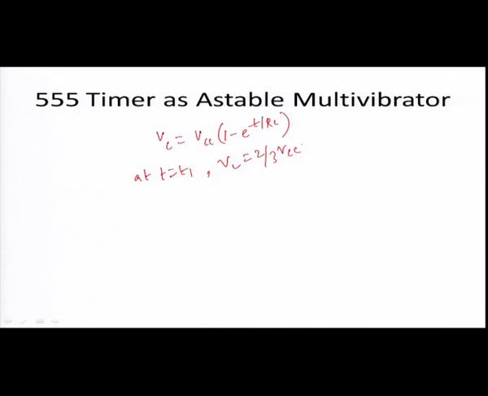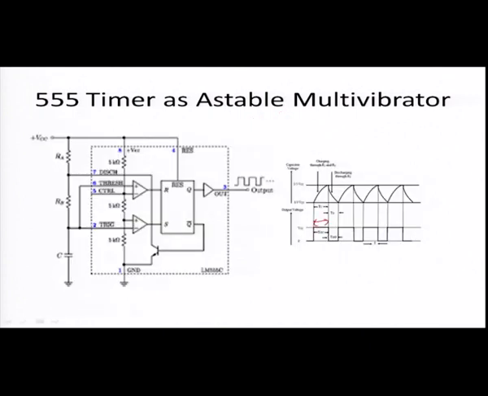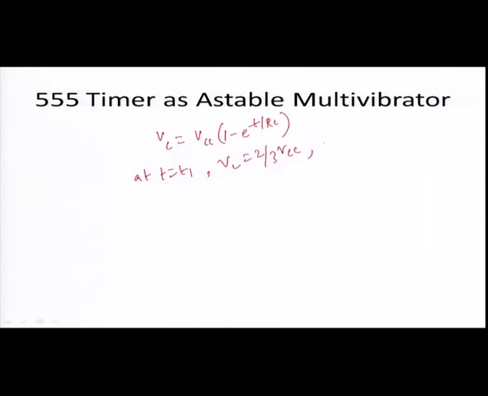The time I have taken as T1 and this as T2. So, substitute here, you will have T1 as 1.09 RC, and at t is equal to T2, Vc will be 1/3 Vcc. So, T2 will be